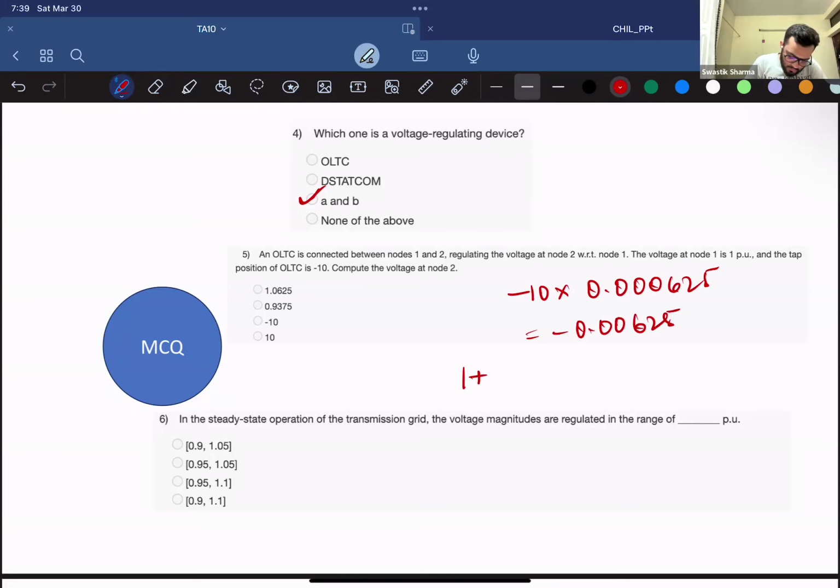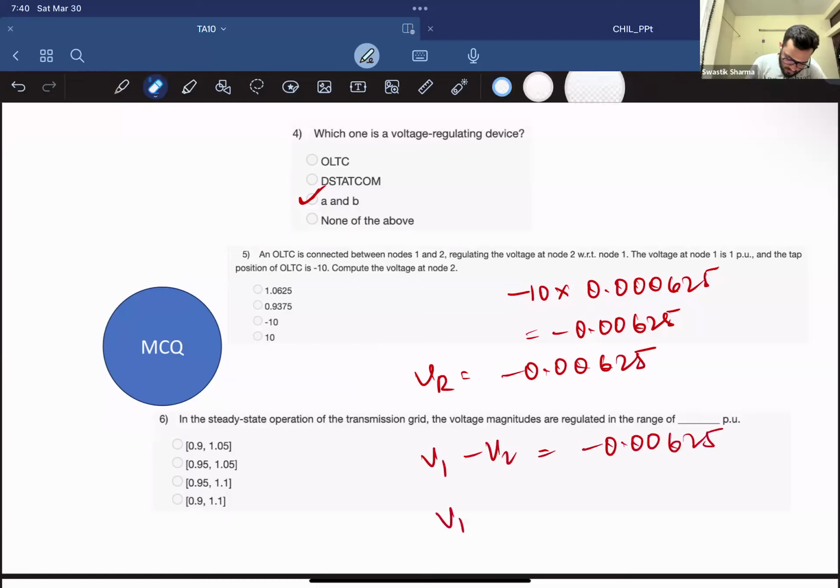So what is voltage regulation? Your voltage regulation is minus 0.00625, right? So V1 minus V2 is minus 0.00625. So your V1, which is 1,